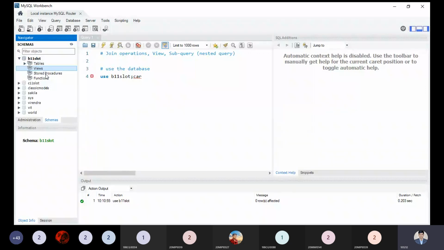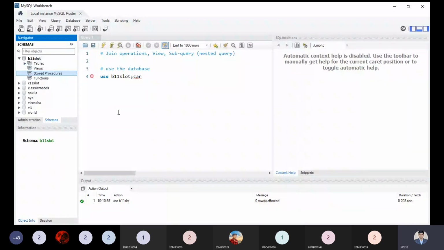Next, we have the stored procedure. The stored procedure is used to create a program in a detailed manner in the database. If we need to write procedural code in the database, we need to write it as a procedure that returns something for getting the important data. When we just write a query, we get details, but we don't know how it is internally manipulated. With the help of the procedural language, that is the PLSQL concept, we will implement PLSQL inside MySQL by using the stored procedure.